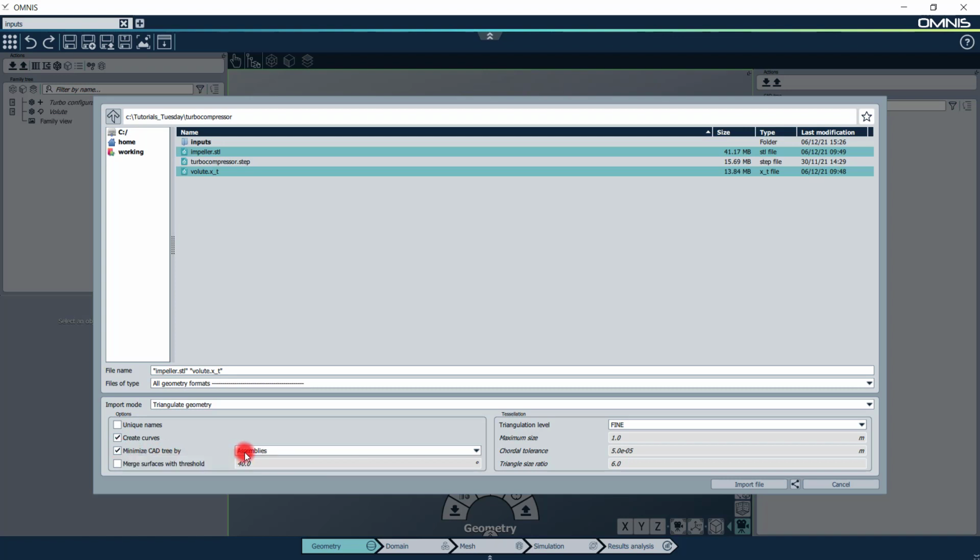Minimize CAD tree by assembly lets Omnis analyze the tree and remove unnecessary levels in the CAD definition, which can reduce the RAM and disk footprint needed. The last option merges adjacent surfaces within a common parent body using the user-defined tangency threshold angle, which by default is 40 degrees. This option can also reduce the RAM and disk footprint, but may not be appropriate for all